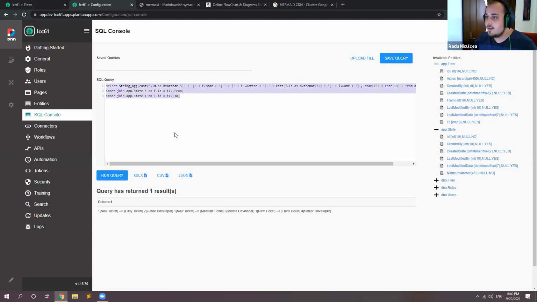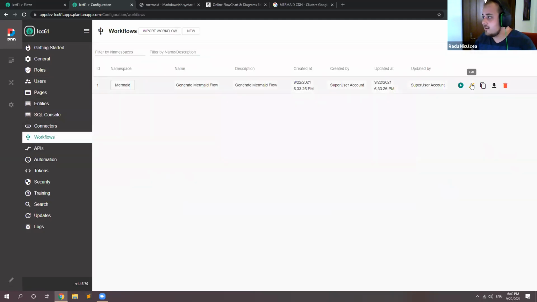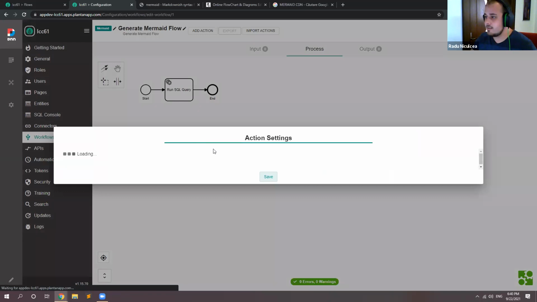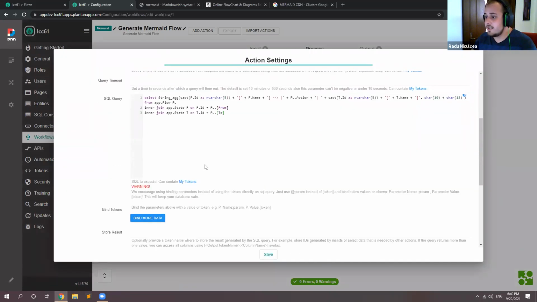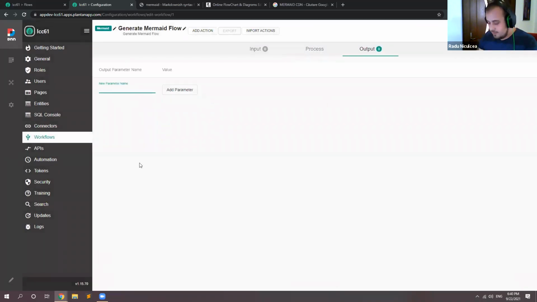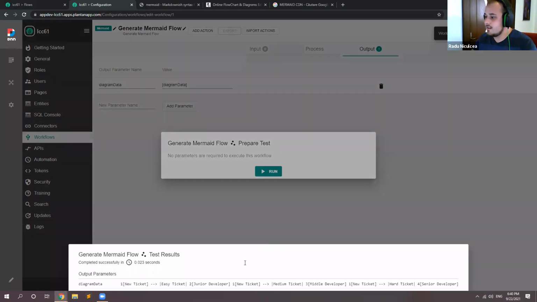Now, if I copy this query that I have right now, I can go into the workflow that I created earlier. And I can paste the query that I worked on in the SQL query here, and I'm just gonna say diagram data as the store result. I'm just gonna click save, and I'm gonna go and declare an output parameter, and I'll say diagram data is equal with the output of the diagram data. And I'm gonna click save and test, and I'm gonna click run, and I'm getting these results. All right,